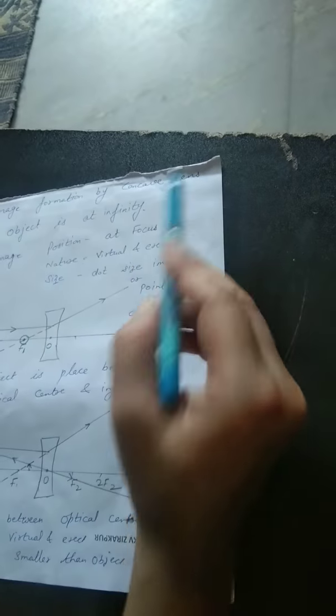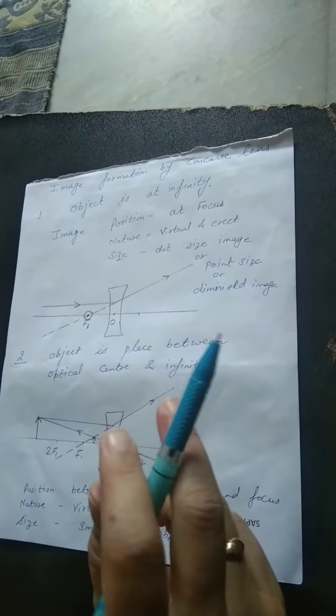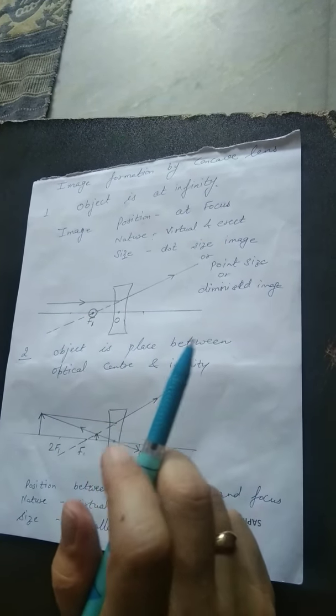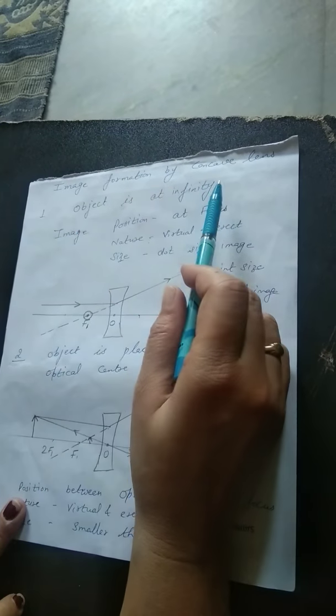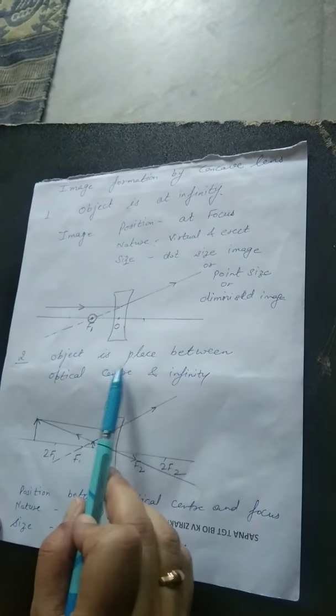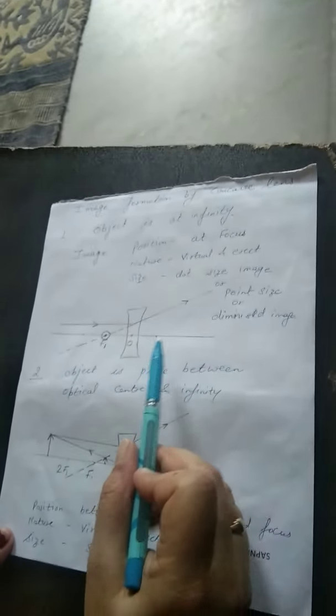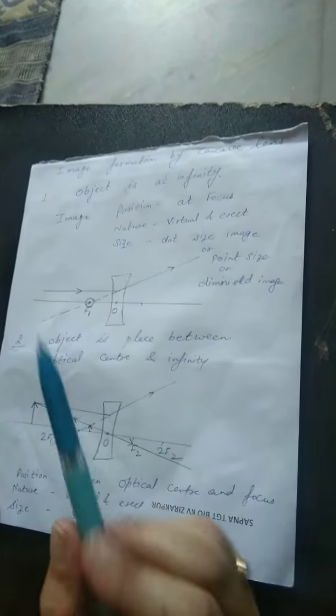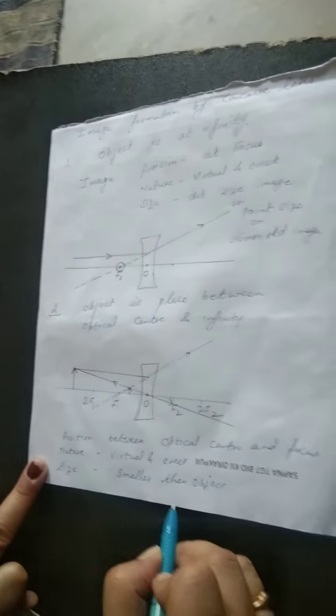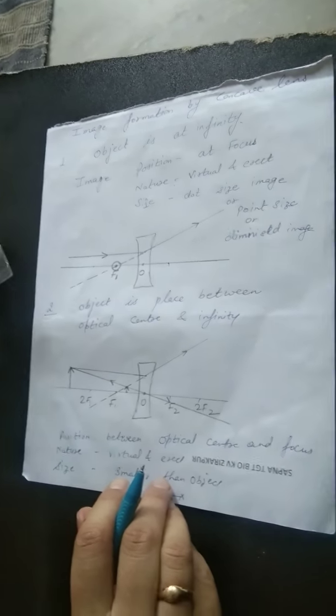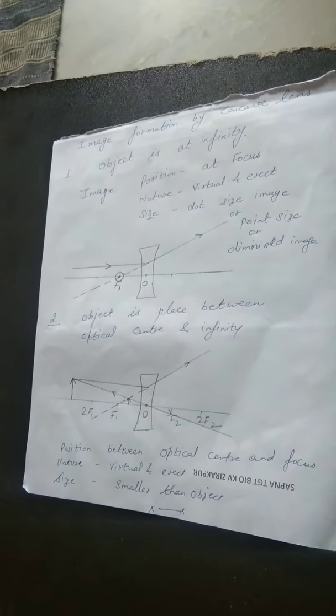Concave lens always forms virtual and erect images. Only two images are formed by concave lens. First, object is at infinity, and second, object is placed between optical center and infinity. Every time it forms virtual and erect image, and size of the image is smaller. These are the ray diagrams by concave and convex lens. Next,